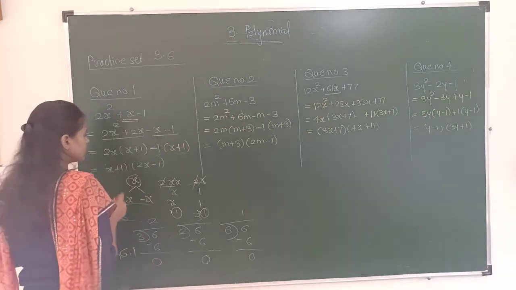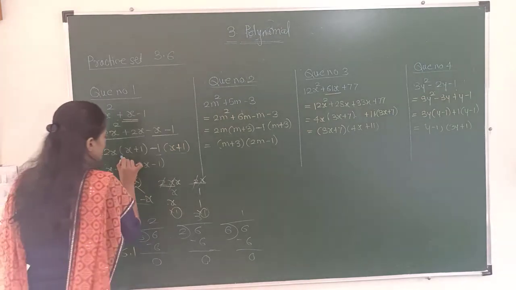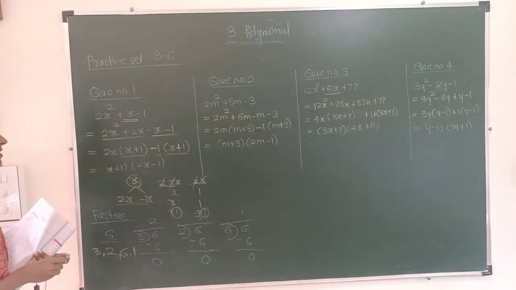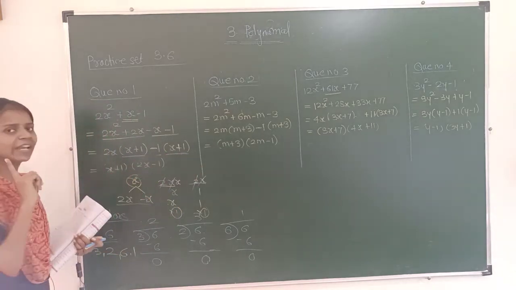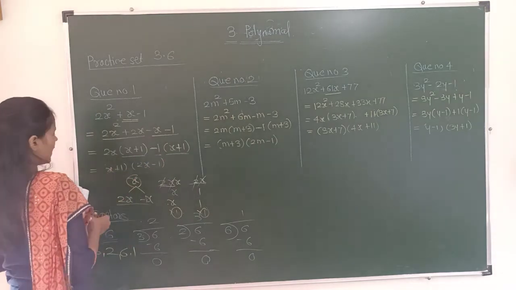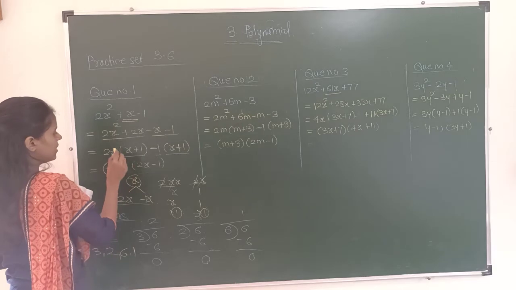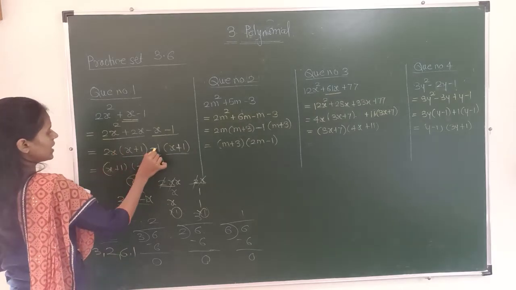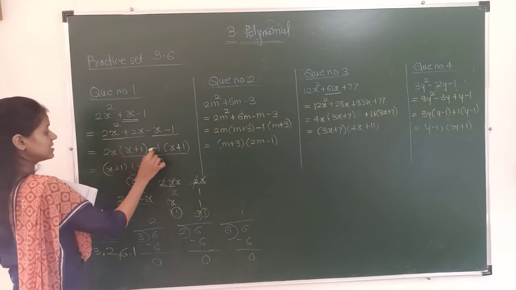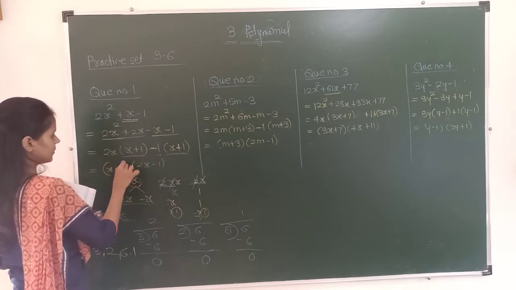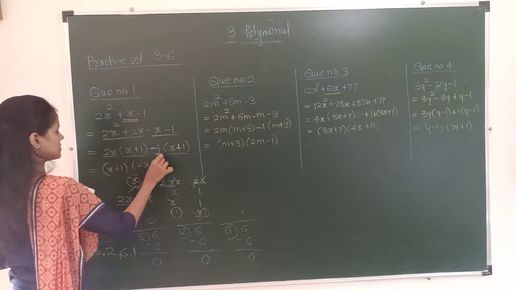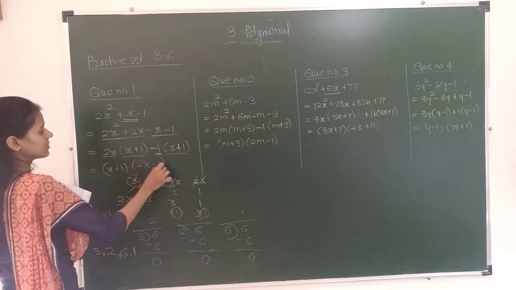Okay, plus sign we have already written, x plus 1. Now if you observe, the two terms are similar, x plus 1 and x plus 1. These two brackets are similar. So we will take this bracket once, in common. So x plus 1 is a common bracket. The remaining terms are what? 2x and minus 1, and these are multiplied to this bracket, so there is no sign in between. So this term and this term we will write in the next bracket, 2x minus 1.